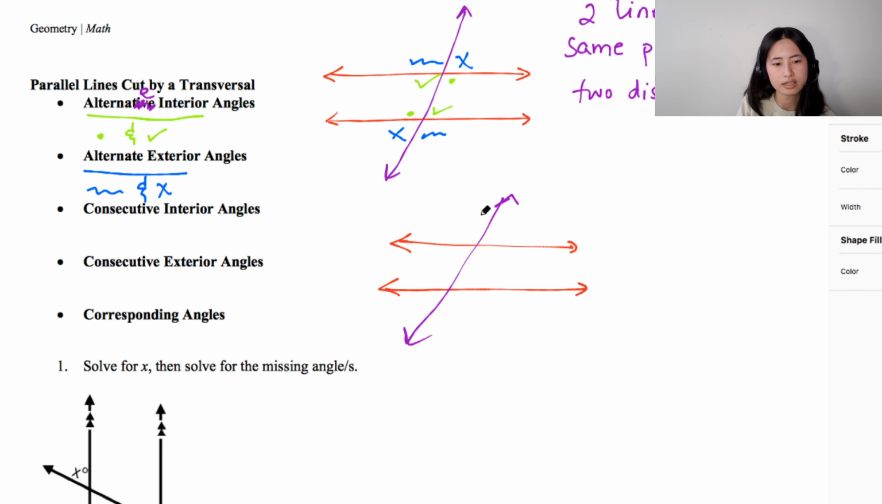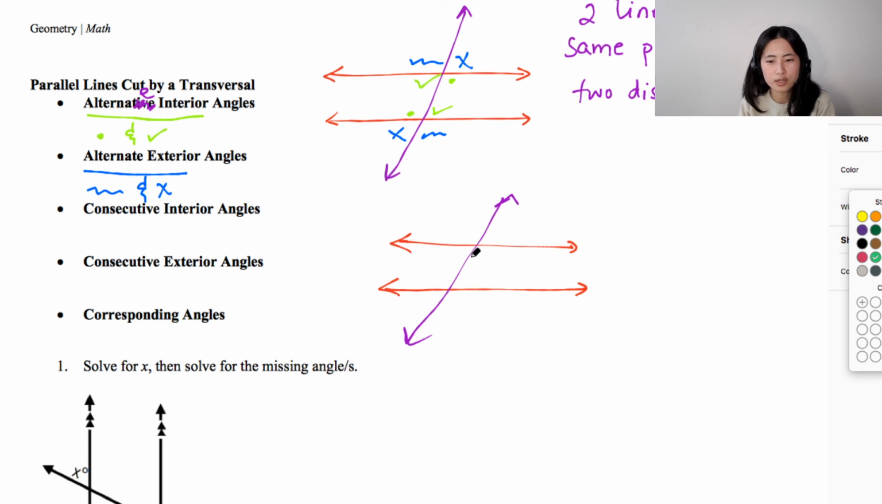Consecutive interior angles. Okay, so interior angles, remember, it's basically this over here, right? That's what the interior angles look like. So it's this, right? However, because you're looking at consecutive interior angles, they need to be on the same side, right? So you have this and this, right? Okay, maybe we can pick another color. So let's pick